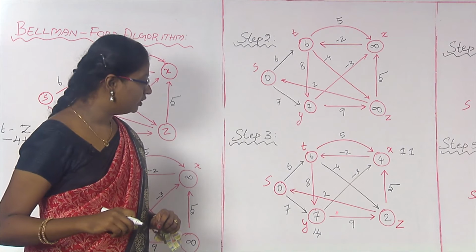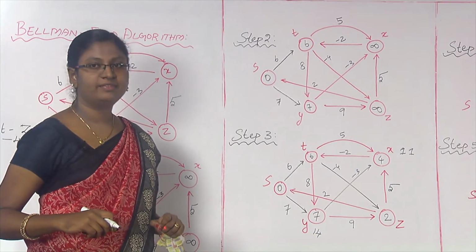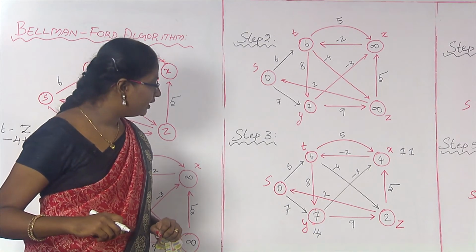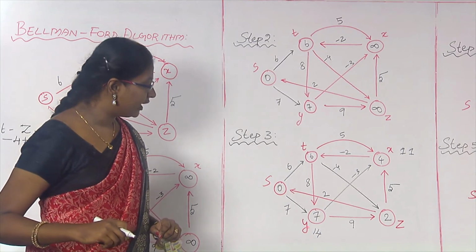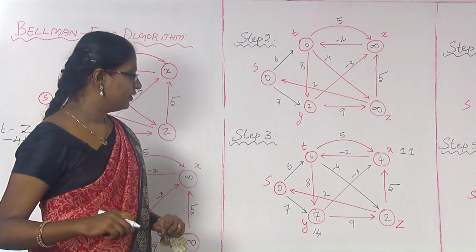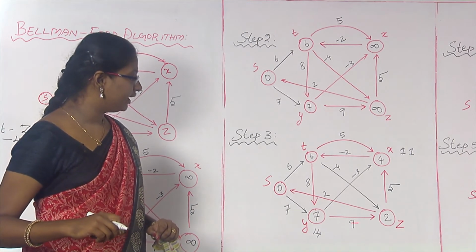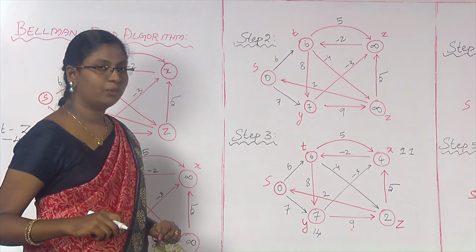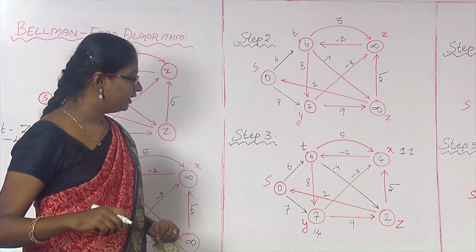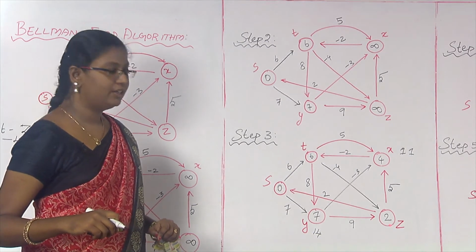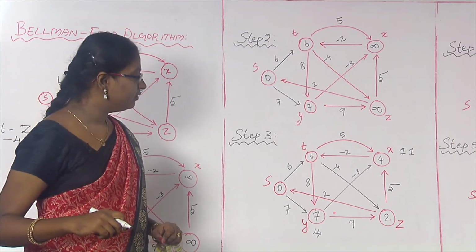Now go look at the vertex y here. Consider all the arcs that emerge from the vertex y. Here we have an arc from y to x, and from y to z we have another arc. First consider y to z. There is an arc with weight 9, and there is a path from s to z, s to y, y to z, and the weight would be greater than 2. So, here 2 is the minimum, no need to change this, 2 is enough. And go for another arc.